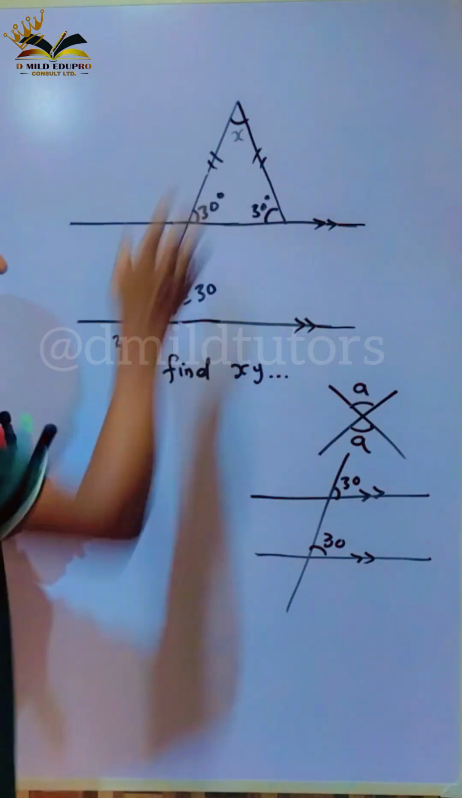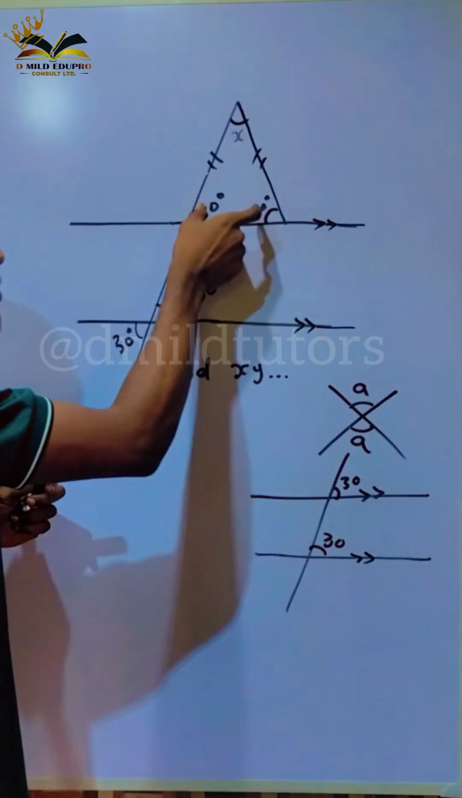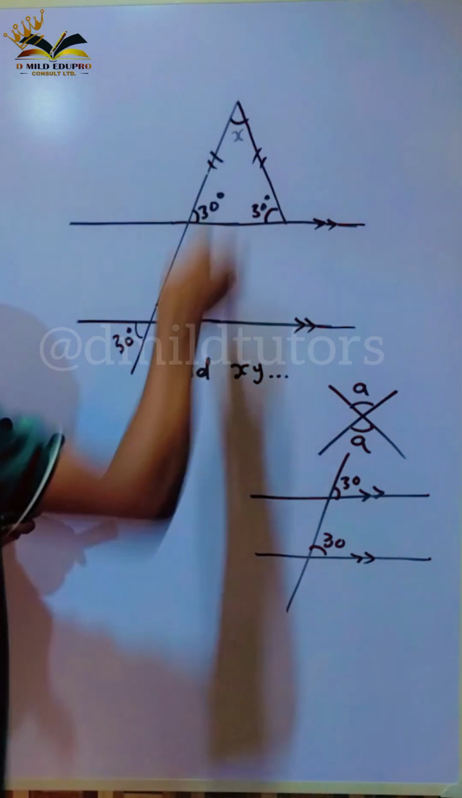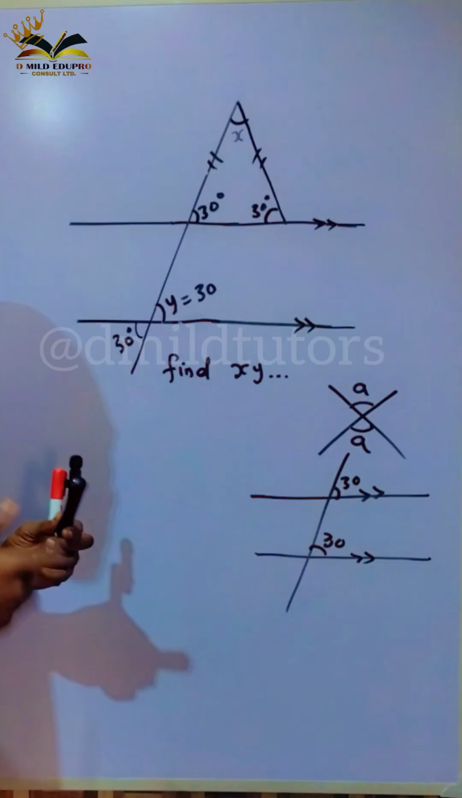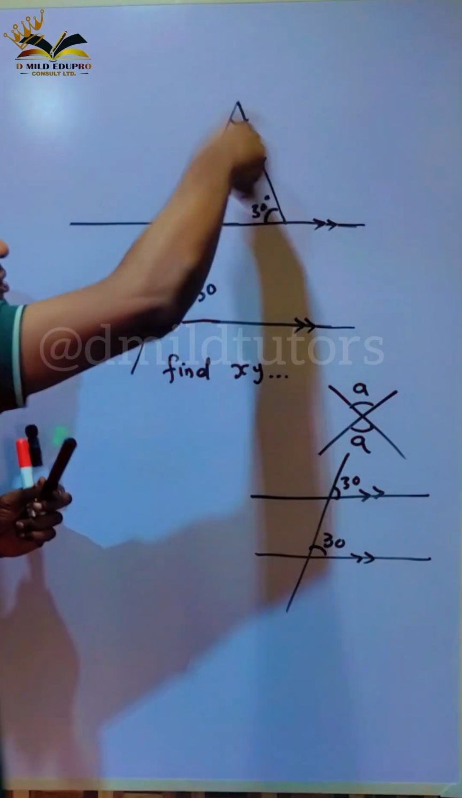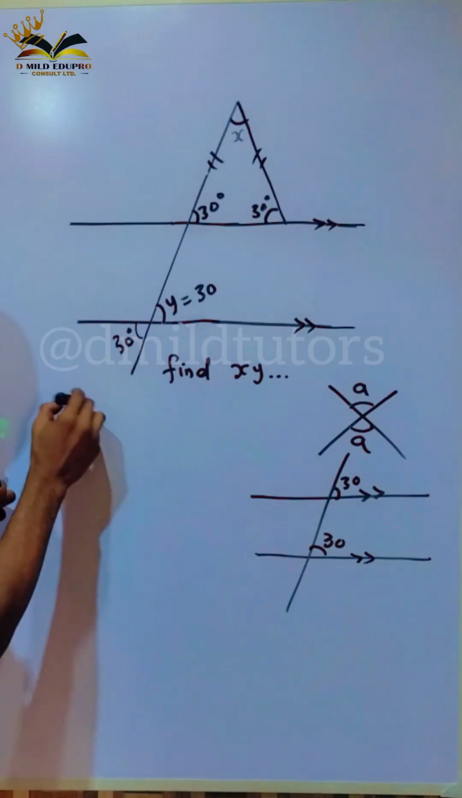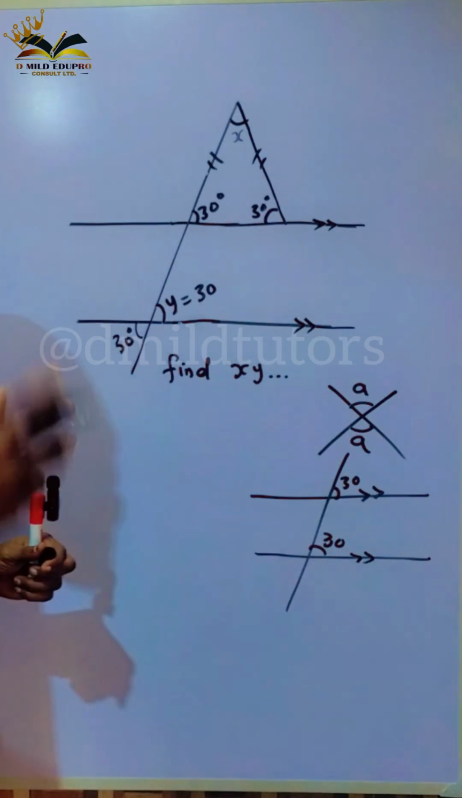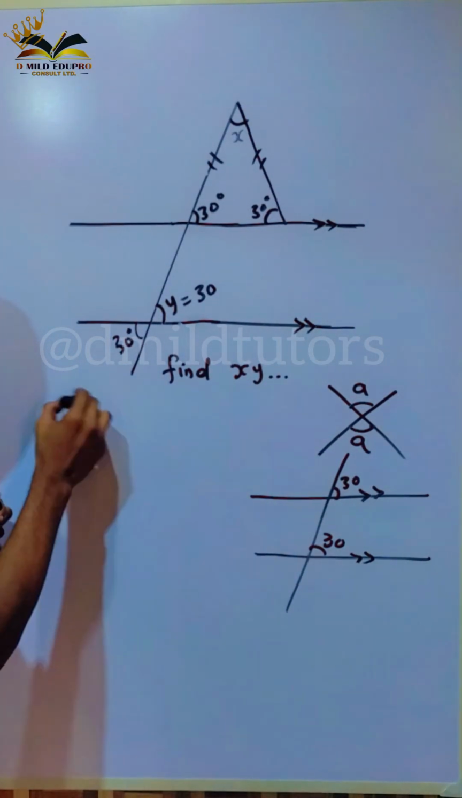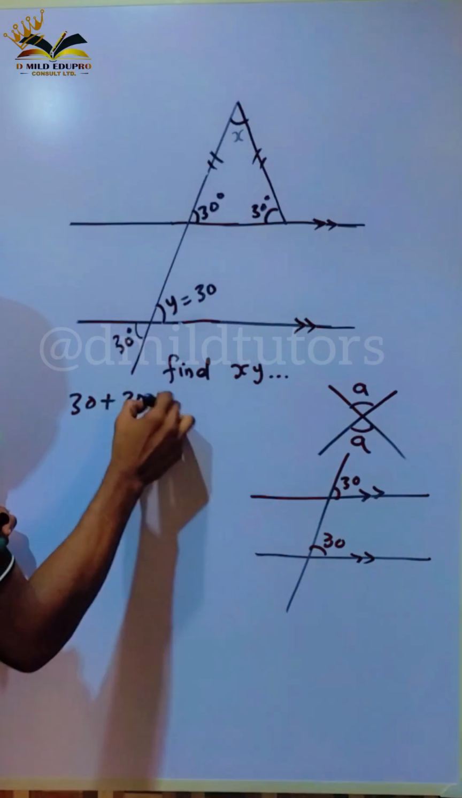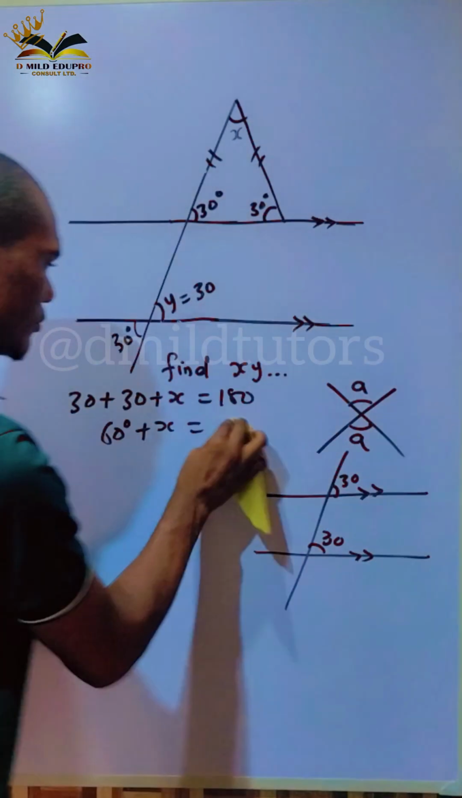Now, if you've gotten that, we've gotten what y is, and we've gotten the base angle of this isosceles triangle. It's left for us now to get x. And how do we get x? We have to sum all the angles in this triangle. And what does the law say? It says the sum of angles in a triangle is equal to 180 degrees. So we have 30 plus 30 plus x equals 180